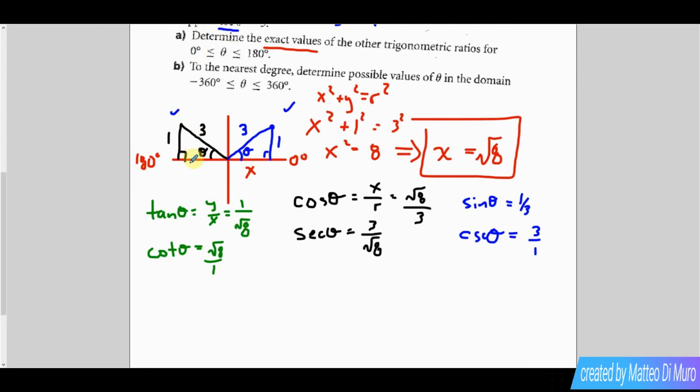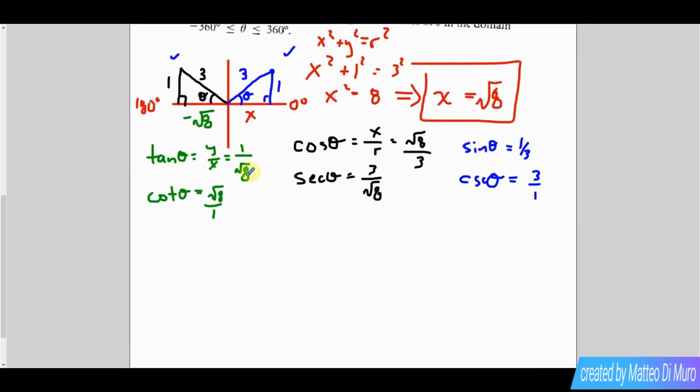What's the only thing that changes in quadrant 2 as far as signs go? So that would be the x coordinate is now negative, right? So in quadrant 1, all my x values were square root of 8. But in quadrant 2, that would be negative square root 8. Okay, so how does it affect the ratios? Well, any ratio that has an x in it is now negative. Okay, so if we go through and do the ratios for quadrant 2,